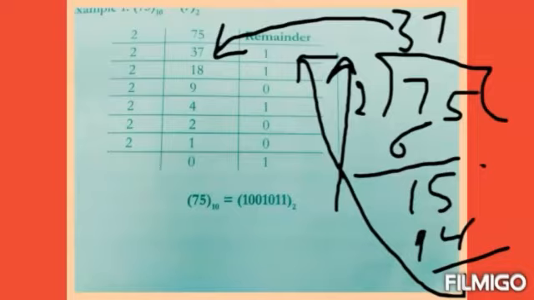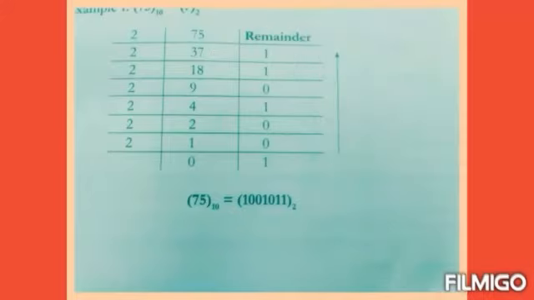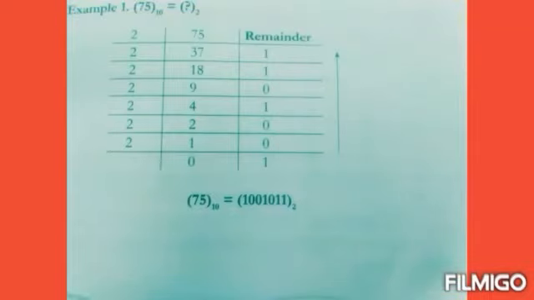Divide the given number by 2. Write the remainder, either 0 or 1, and divide the quotient again by 2. Student, remember, remainders come only 0 or 1. Repeat the step 2 till the quotient is 0. The remainders which are obtained at each step are written in reverse order. Let us understand again. 75 is a decimal number. We divide it by 2.